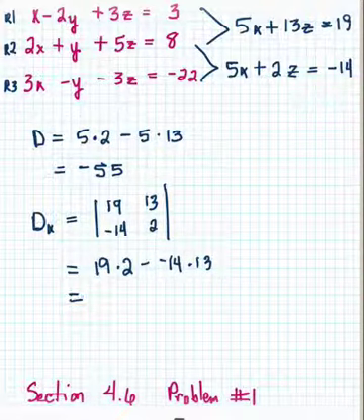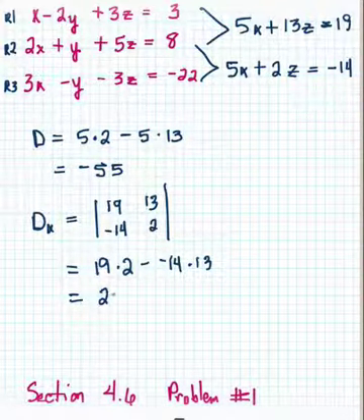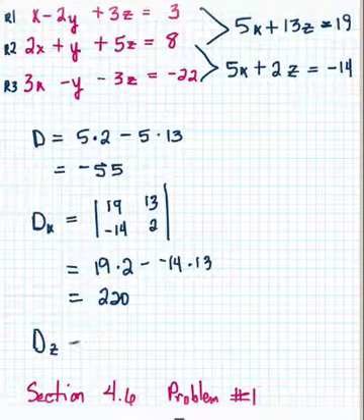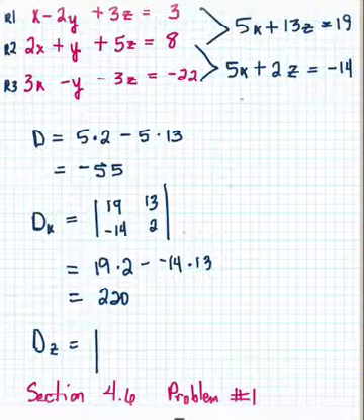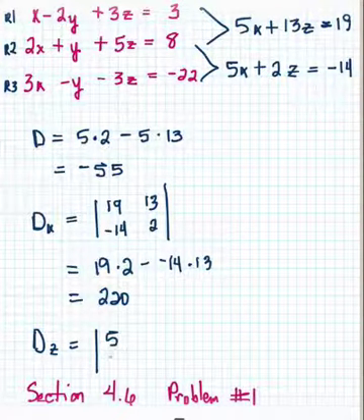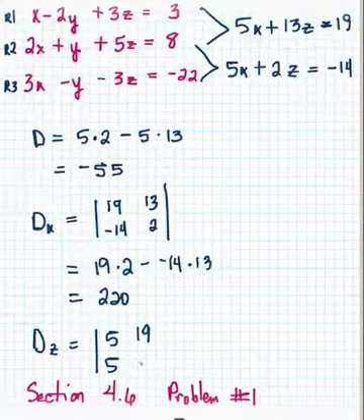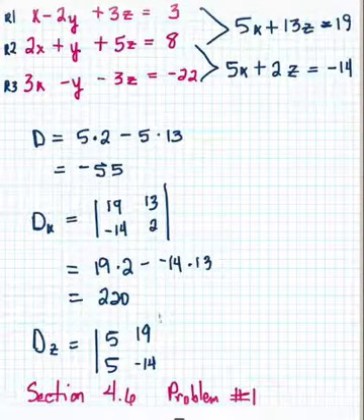It'd be nice if I could bring up a calculator right there, but it looks like I'm getting dx is 220. All right, now dz, the determinant with respect to z. I leave the x's alone. The coefficient of x is 5 and 5, and instead of writing 13, 2, in the coefficients of the z, I put the constants in there, 19 and negative 14. I put the solutions in,